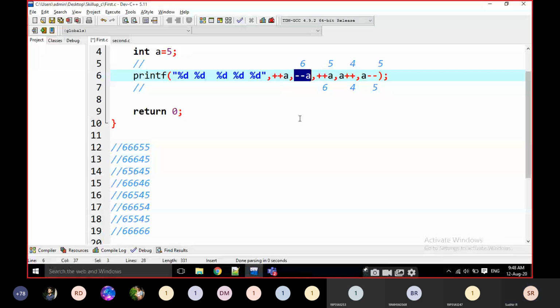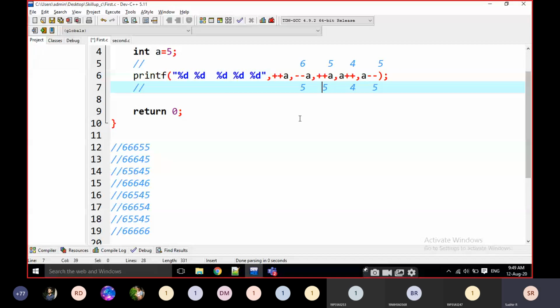6 becomes 5 and 5 is printed. This is a pre-decrement, so it is decremented first and printed next. Then are there any pre's? Yes, only one pre is there. Then we have to change the value to 5 here.